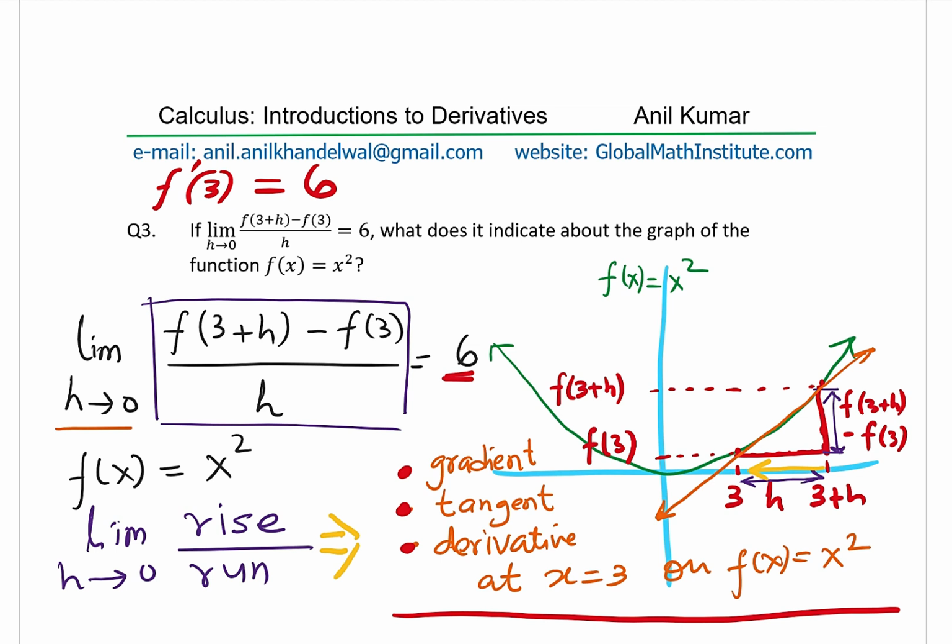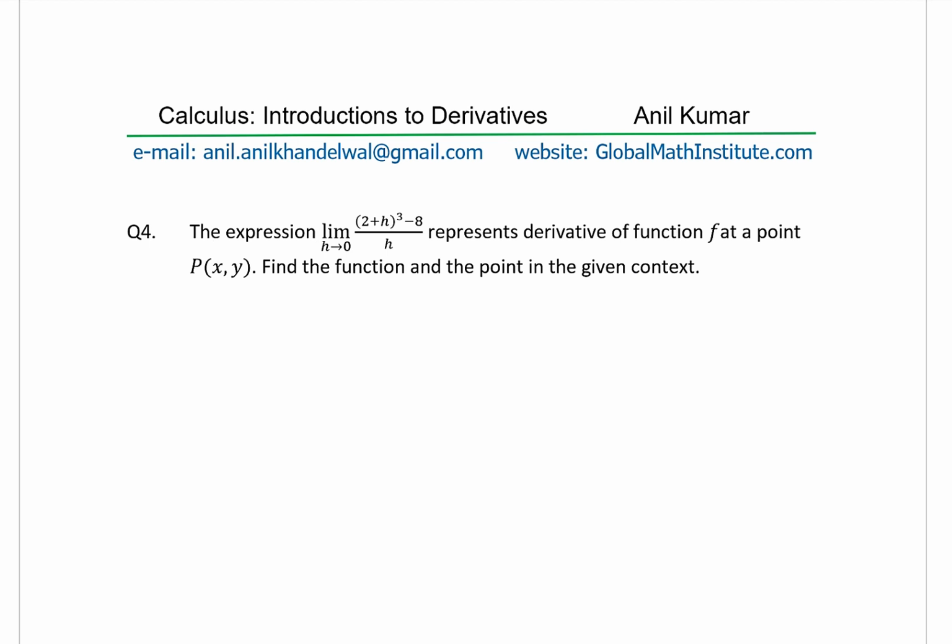Now let's get to another question which is related and which is also seen in the test papers. The question here is: the expression limit h approaches 0 of (2 plus h) whole cube minus 8 over h represents the derivative of a function f at a point P(x, y). Find the function and the point in the given context. So this time we are already given what this is. We are saying limit h approaches 0 for (2 plus h) whole cube minus 8 over h